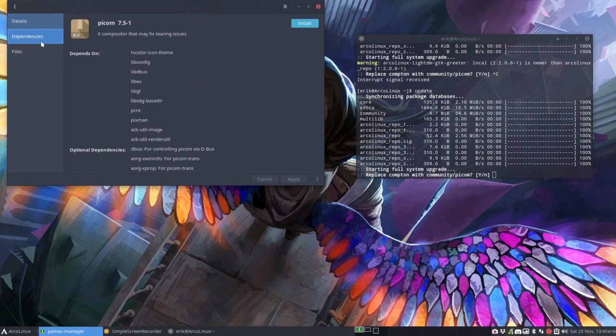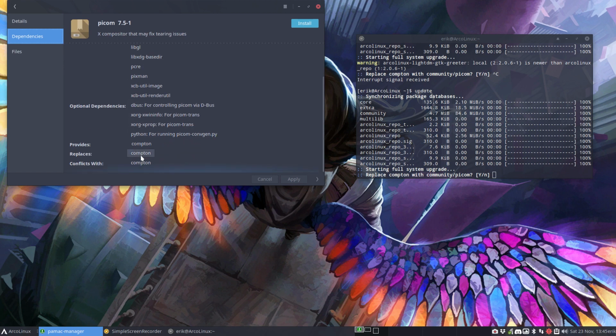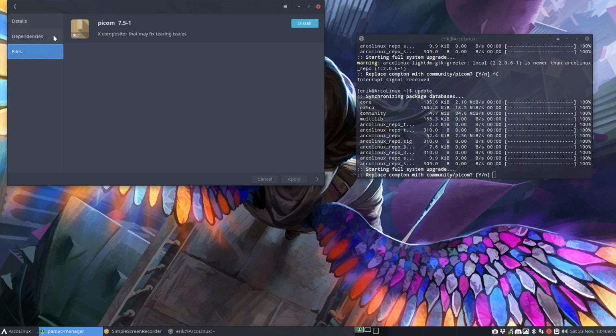Okay, fine, great. Dependencies, you take a look at the dependencies. It provides compton, it replaces compton, it conflicts with compton. If you ever read a PKGBUILD, then you remember the parameters. Oh, that's a parameter that I've seen in the PKGBUILD. Files, since it's not yet installed, we can't see it. But if I install it,